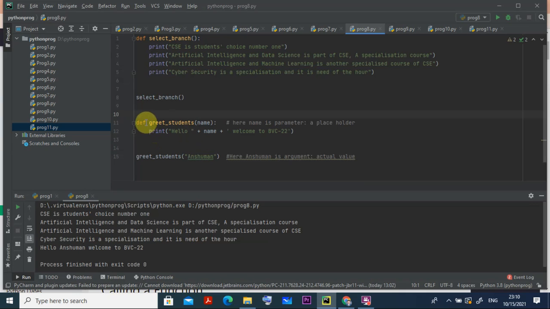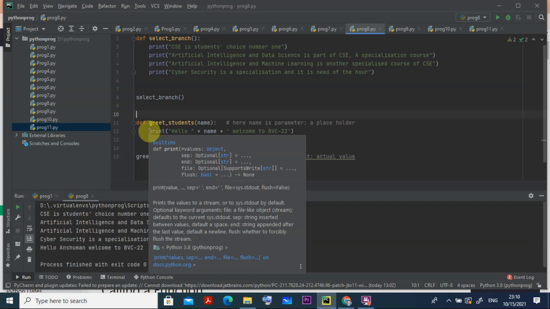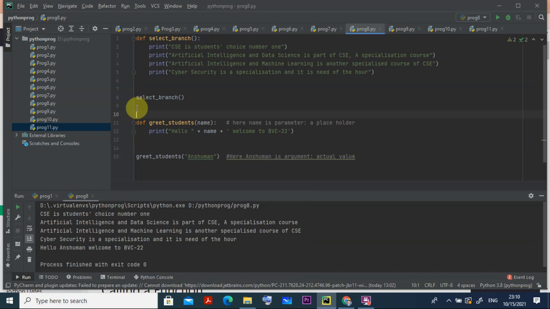So this is also one function I defined. This is one function, this is another function. Here I have given two lines gap, otherwise it will show some error, because you are working in PyCharm. So the indentation is very important here, so you have to strictly follow that. Otherwise definitely it will show some error. You can try, I am not trying it here, and if you change the indentation, there will be an error. Even if you forget to put the two lines gap here, it will not run, it will show some error.